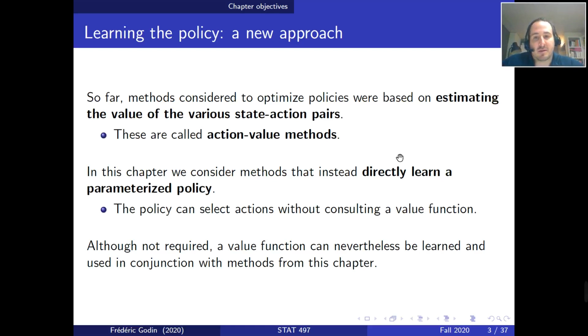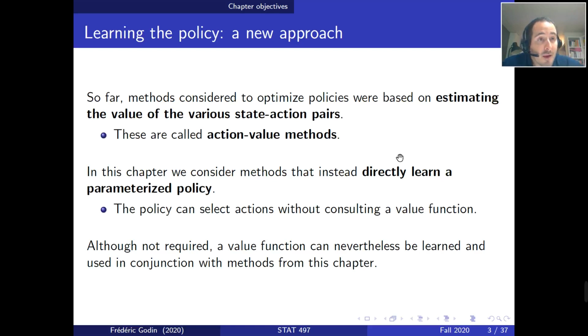So this family of methods that we've seen in earlier chapters is referred to as the action value methods. Now, in this chapter, we'll do something different, which is to directly learn the policy without relying on an estimate of the value function. So how we're going to do that: we're going to assume that the policy is a parametric function of the state variables of the problem, and then we're going to learn the parameters of the policy to optimize that